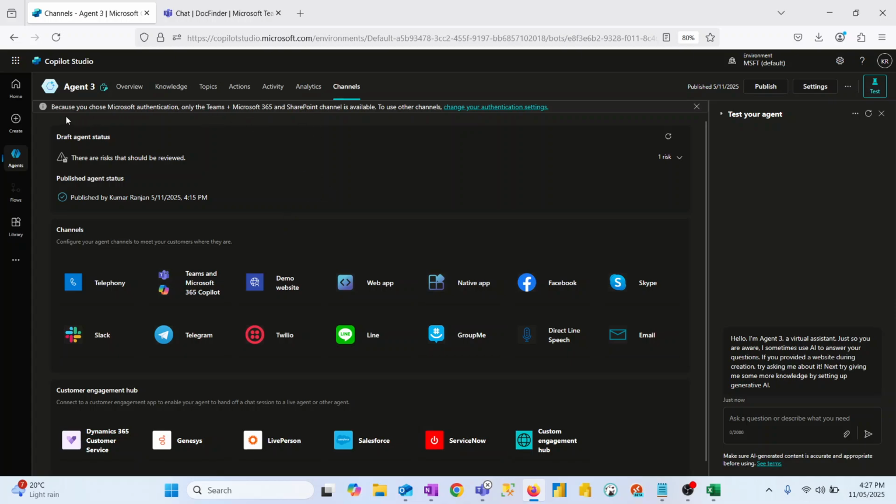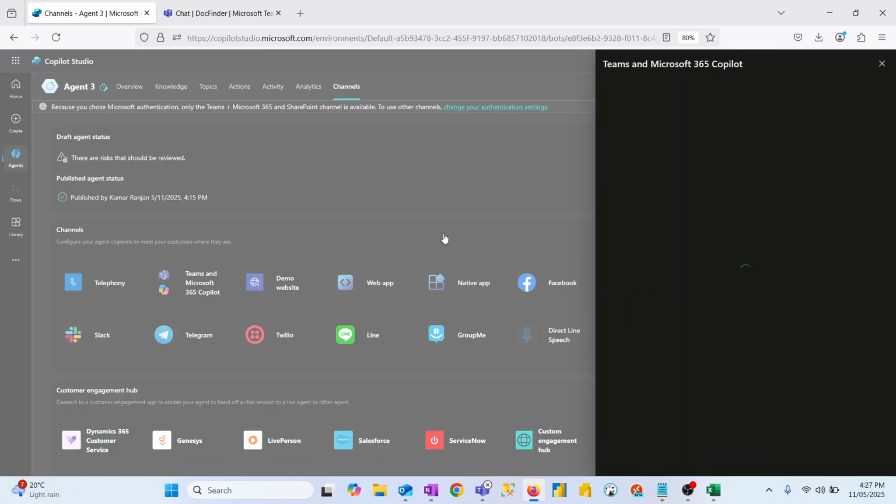You can see at the top it is showing that because you chose Microsoft authentication, only the Teams plus Microsoft 365 and SharePoint channel is available. If I need to select any other channel, we will have to change our authentication to be enabled for all of them. But right now I have chosen Microsoft authentication itself. The goal of this video is to deploy the chatbot within Microsoft Teams. So I will click on Microsoft Teams first, and on the right-hand side a panel will open,